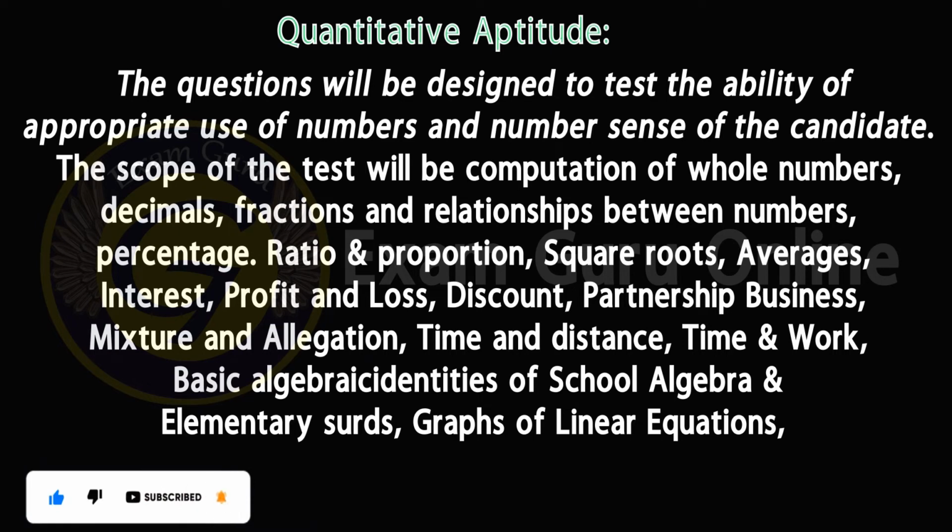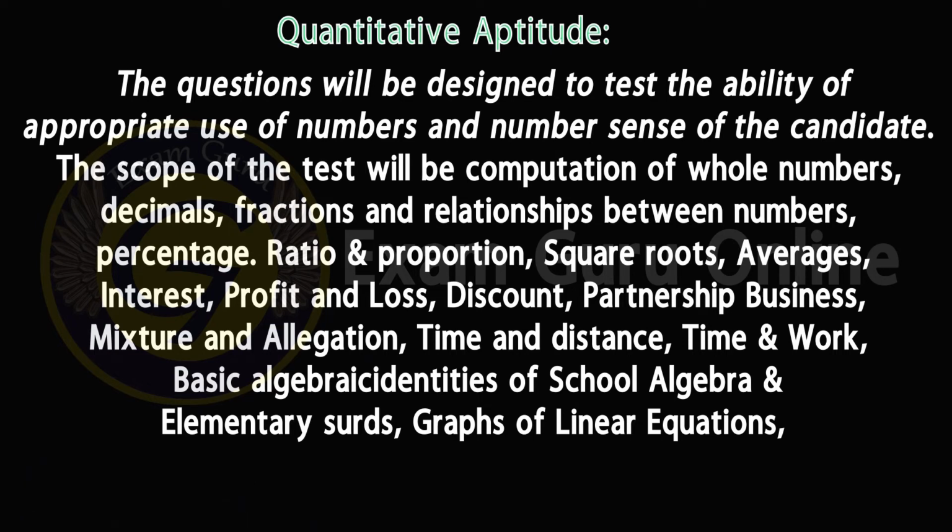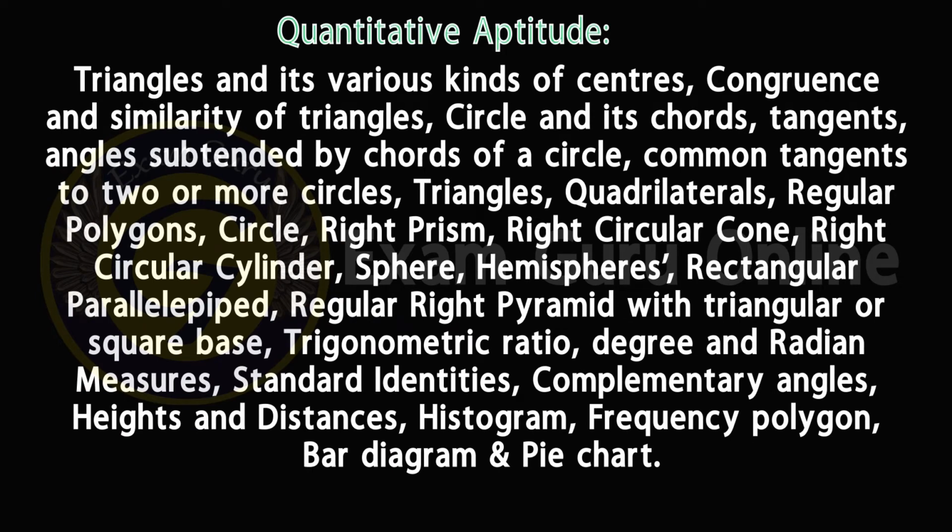basic algebraic identities of school algebra and elementary surds, graphs of linear equations, triangles and its various kinds of centers, congruence and similarity of triangles, circle and its chords, tangents, angles subtended by chords of a circle, common tangents to two or more circles, triangles, quadrilaterals, regular polygons, circle, right prism, right circular cone, right circular cylinder, sphere, hemispheres, rectangular,